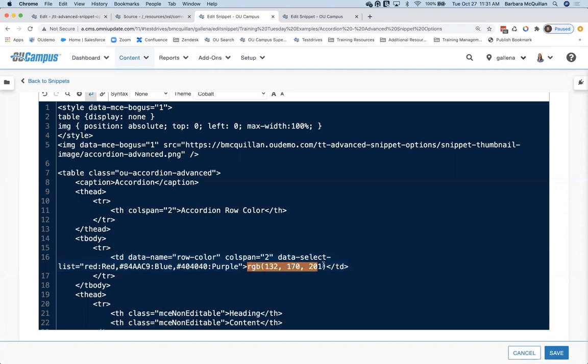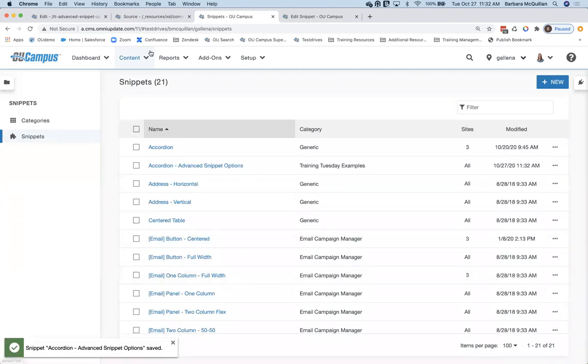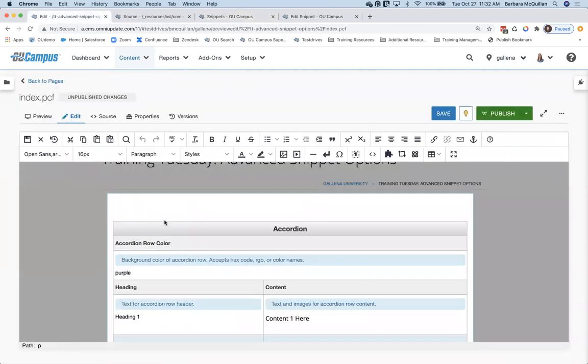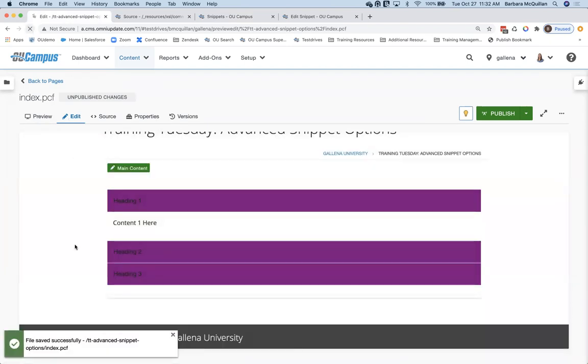I can have a default value right here inside of my angled brackets. It doesn't even necessarily have to be one of these, but I'm going to remove it for now to have almost like a requirement of people to be able to choose it. So I'll go ahead and hit save. Back over to my page here. Any of the snippets that are already on this page are pulling in the original source code. They don't have that data-select-list attribute yet, so I'll need to reinsert in order to get it. So we'll go ahead and save that editable region, quick refresh.